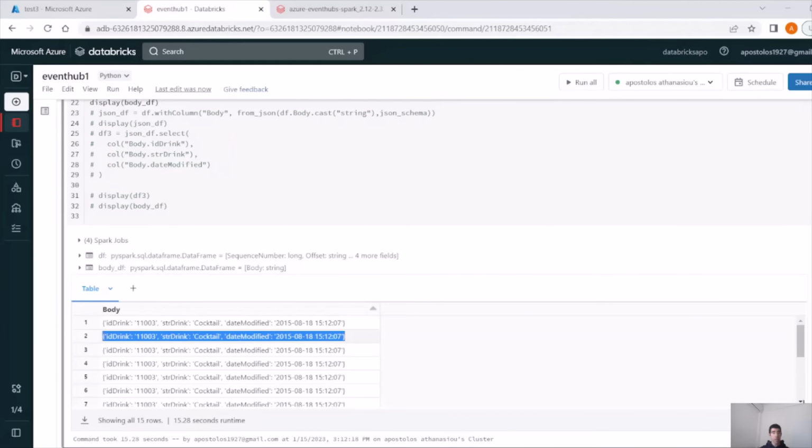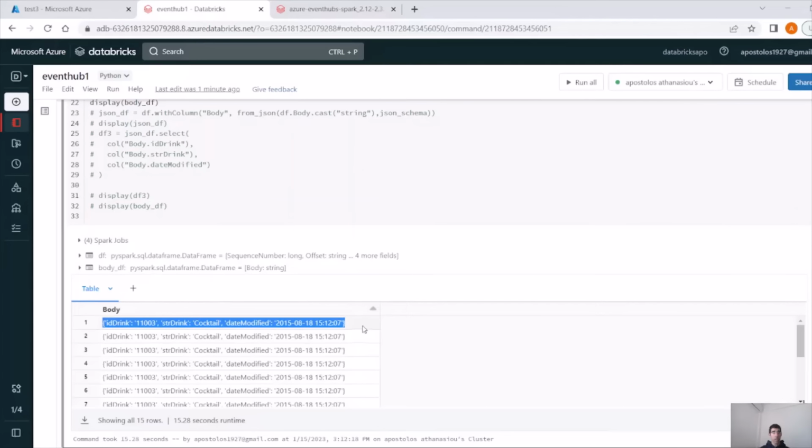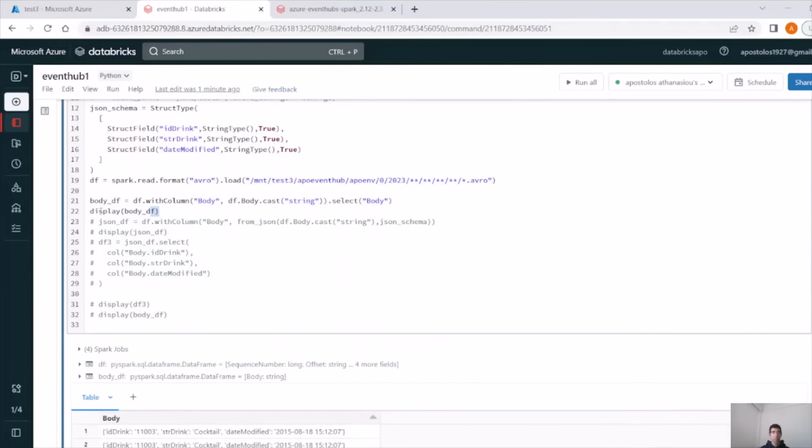As you can see, I ran the script multiple times, that's why we have multiple records here. But you can see the body now contains the JSON string that we sent. Perfect. But you can also do this by